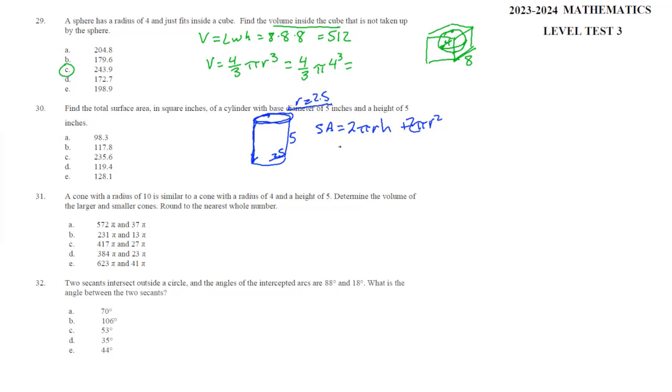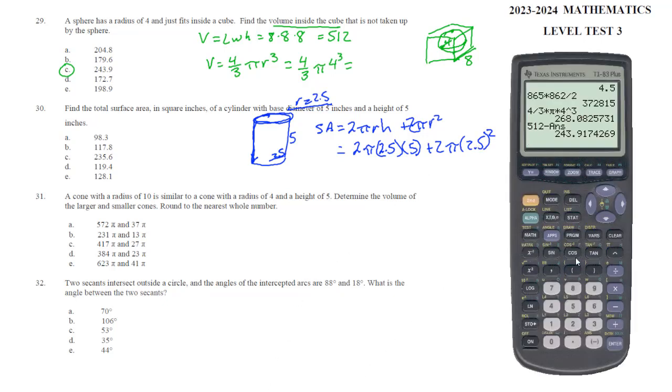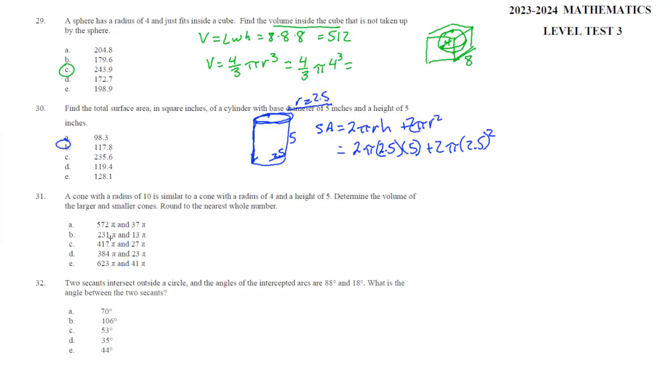So 2 of those. So this equals 2 times pi times 2.5 times 5 plus 2 times pi times 2.5 squared, which is not 5. Punch that all in the calculator. 2 times pi times 2.5 times 5 plus 2 times pi times 2.5 squared, and we get 117.8. B. Number 31. A cone with a radius of 10 is similar to a cone with a radius of